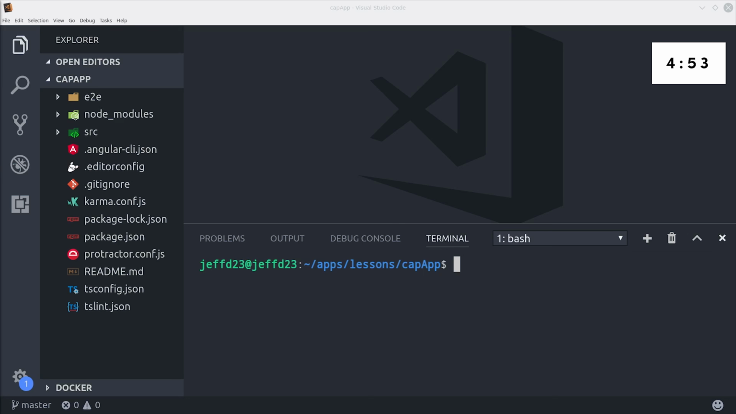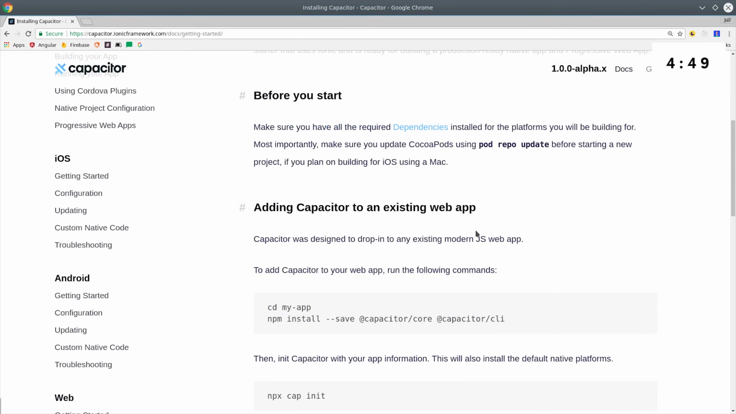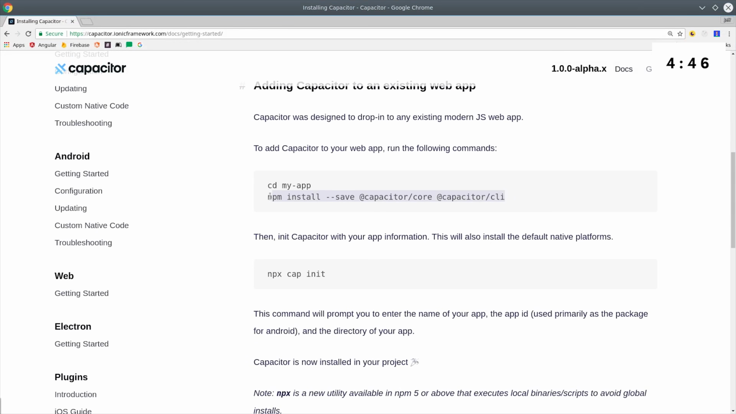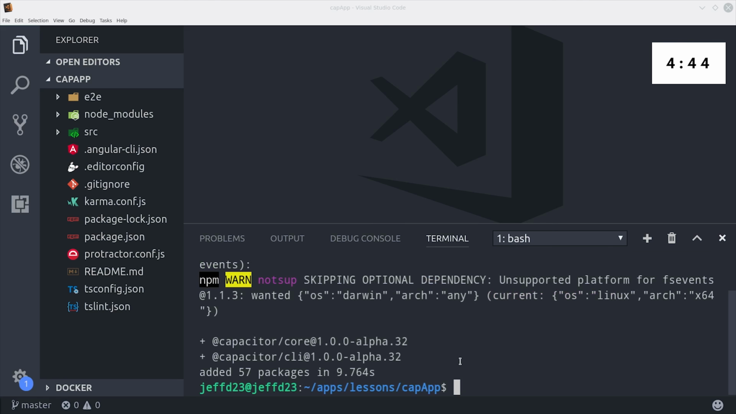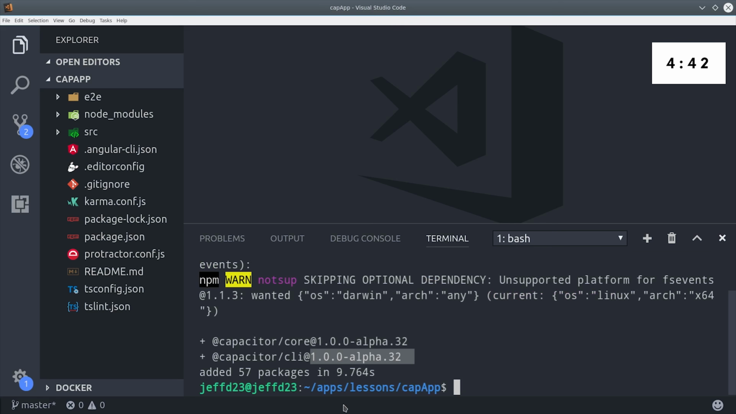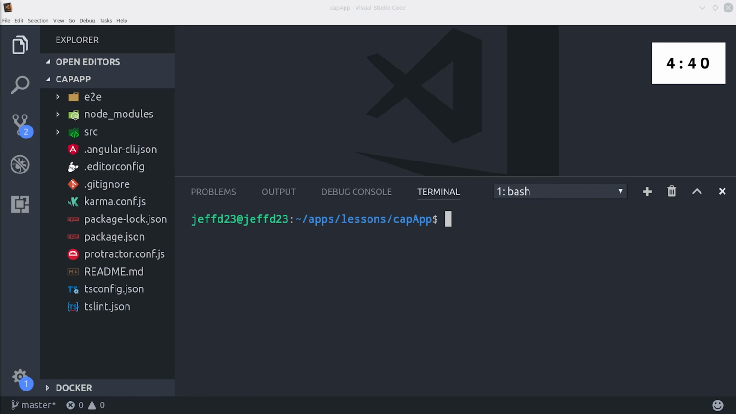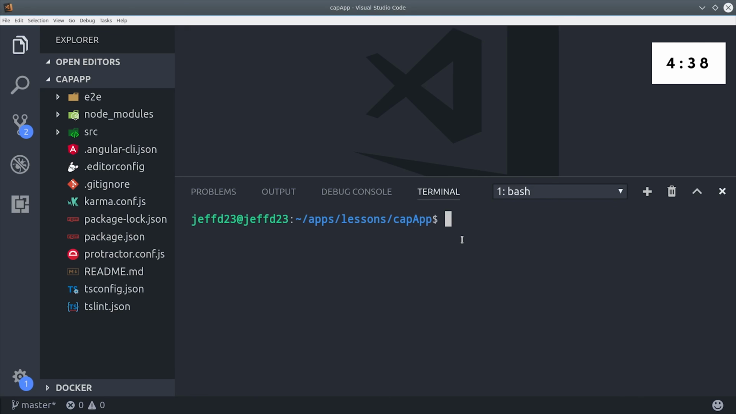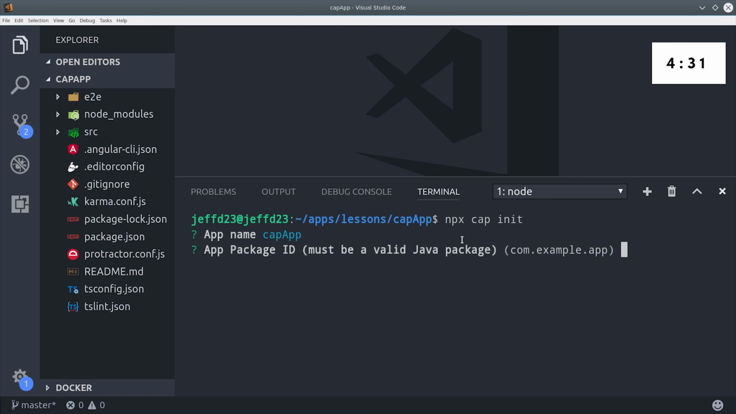Go ahead and open up the app in your IDE, and then install the Capacitor CLI. We can just copy the command from the docs and then run it from the terminal. That should install it in your project, and at the time of this video, we're running version 1.0 alpha 32. The next thing we'll do is initialize our app by running npx cap init, and you can give the app a name. Then the package ID is important for mobile apps. It should follow a format of